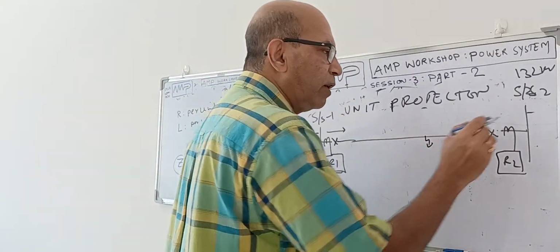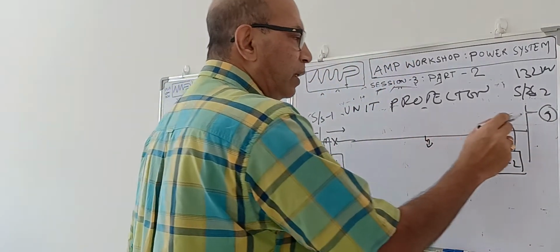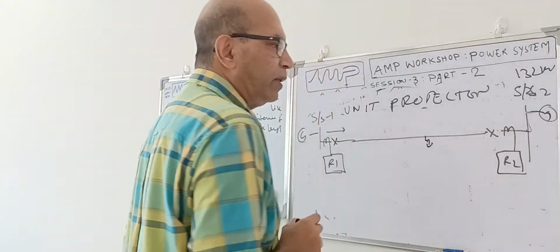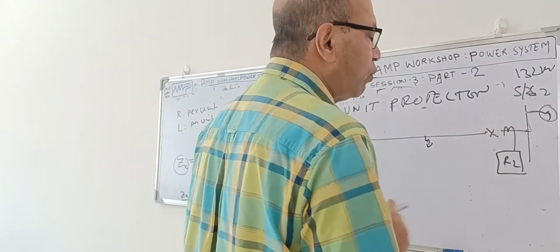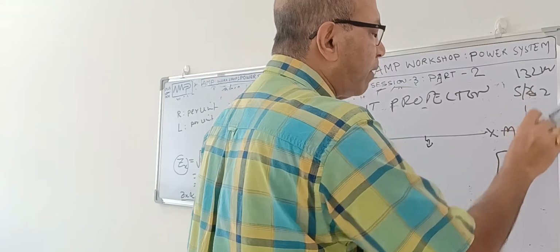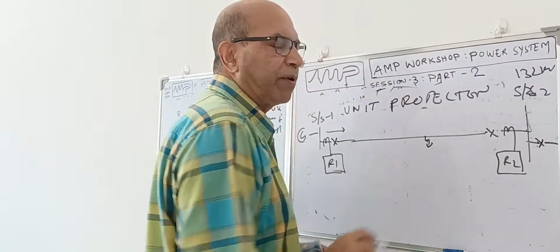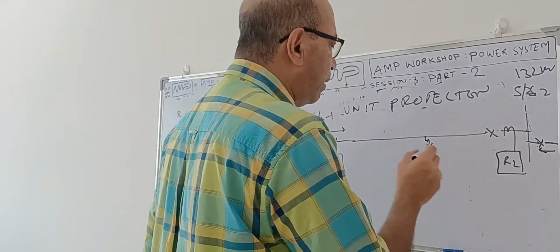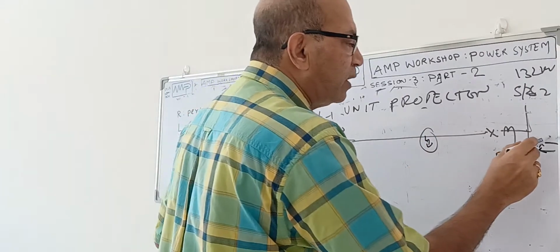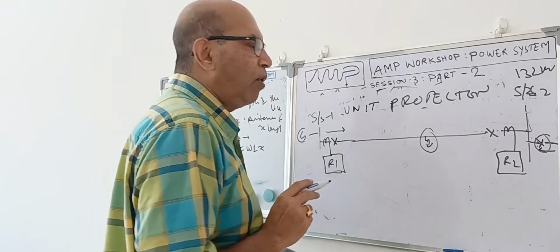Now this is one case. If there is a generator connected over here, then this generator can also feed the fault, as well as at the same time feeding the other source, or the feeding is not coming directly from here, it is coming from some other line. The power station is far away and it is coming this way. If this is the case, what will happen? When the fault is on this line, this breaker may trip from the other end, which we don't want. So what do we do in that case?